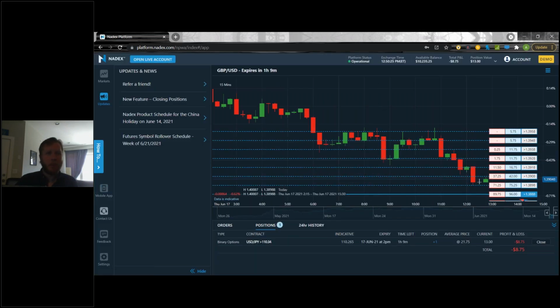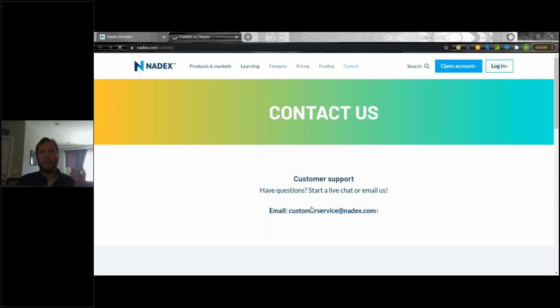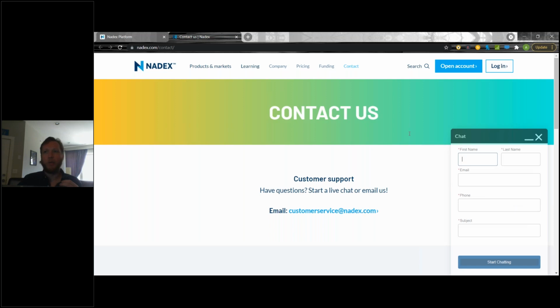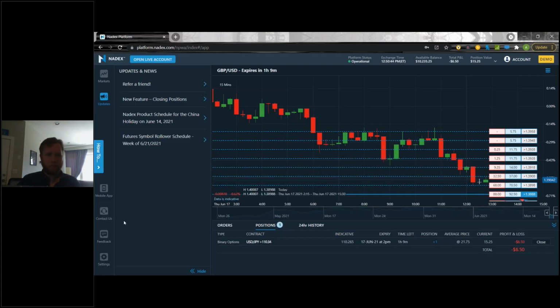Clicking that button there is the best way to get your app. Contact us. This is going to bring up this email line. It'll also bring up a live chat, or usually it does bring up a little live chat. Yeah, there it is, chat with an expert. You can load this up, and this is probably going to be the fastest way to talk to us if you have any urgent issues, that or the email box. I know they do respond to this live chat a little bit quicker.